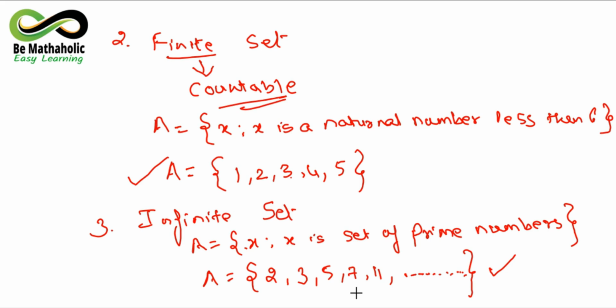I hope I am clear with this, where you can consider more examples such as x is a set of prime numbers, x is a set of natural numbers, x is a set of integers. हम कुछ भी दे सकते हैं, तो उस तरह से हम इसको सेट को रिप्रेजेंट करेंगे. अब यहाँ इन्फिनिटी तक it will go till infinity. So suppose I am taking one more example here for your convenience. अगर आपको पूछा जाए x is such that x is a set of integers.